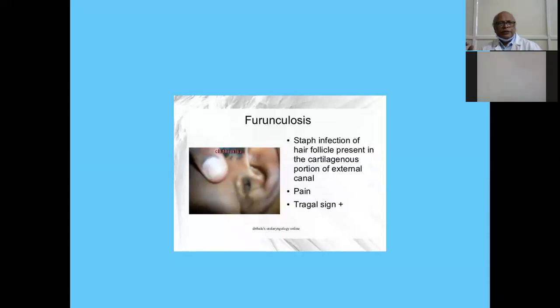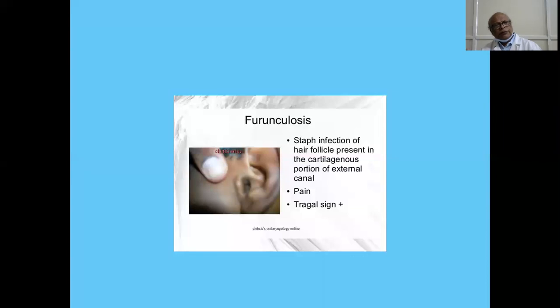Treatment is antibiotics and painkillers, plus you can give what is known as IG, that is ichthyol glycerine. Ichthyol glycerine ear drops. You can take a small wick, dip it in the ichthyol glycerine ear drops, and keep it in the external canal, either by the patient himself or herself, or by the doctor, and keep it for about half an hour or 1 hour. The edema will subside and pain will automatically subside. If there is a very prominent swelling and it is fluctuating, you can give a small nick and drain it.